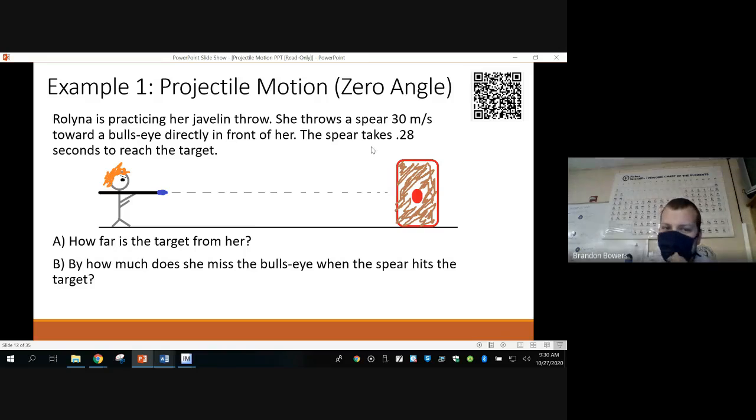All right, so I'm gonna skip this problem because it's pretty easy. If you want the answer, I'll tell you later. But Rolina is practicing her javelin throw. She's practicing a bullseye in this problem. However, in the next one,